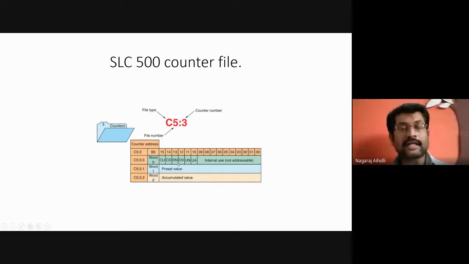Then done bit is DN, overflow bit is OV. Then underflow bit is UN, and update accumulator bit is UA. These bits from 9 to 0 are not used by the user. They are meant for the internal use of the PLC. Then the second word is for the preset value, 16 bits. The third word is for the accumulated value.